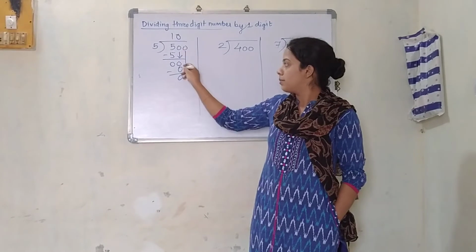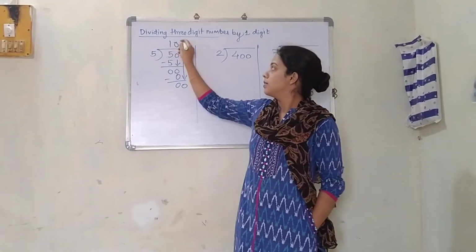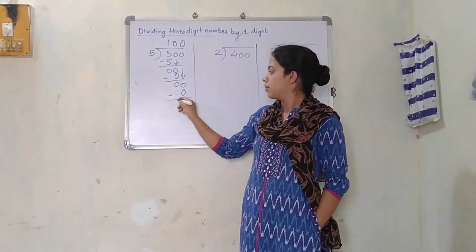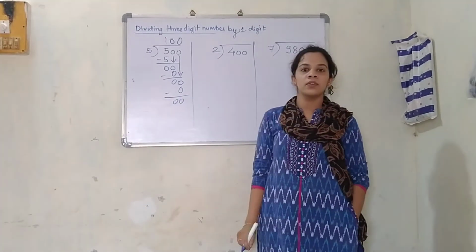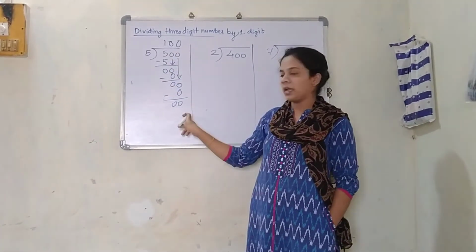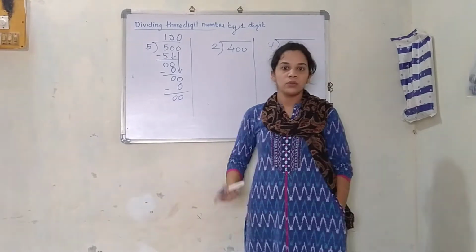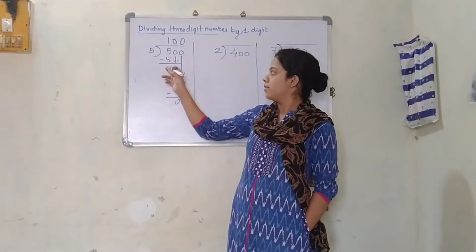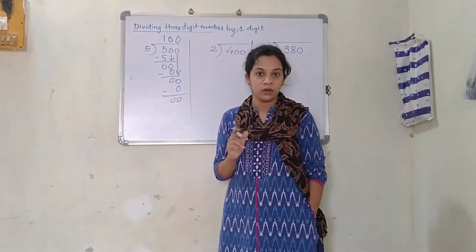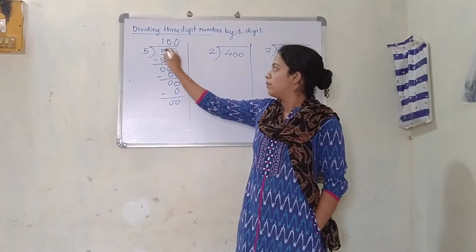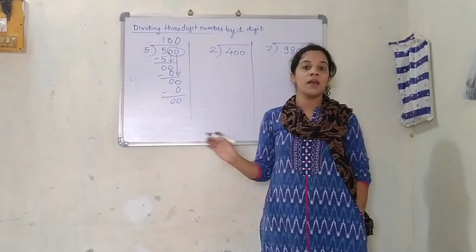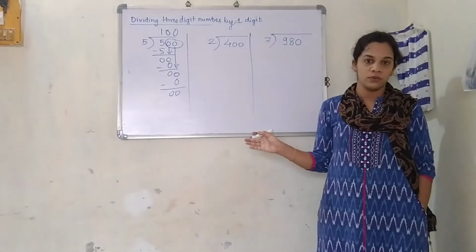Now this 0 is still remaining. So 5 zeros are 0. Just give out those zeros and finish the value. Now there is no number I could take down. So my answer is over. Don't stop the answer till you get 5. 5 ones are 5. Teacher, my answer is 1. Sorry, you are wrong. These remaining zeros I have told you, they have value. So please give them the proper values.